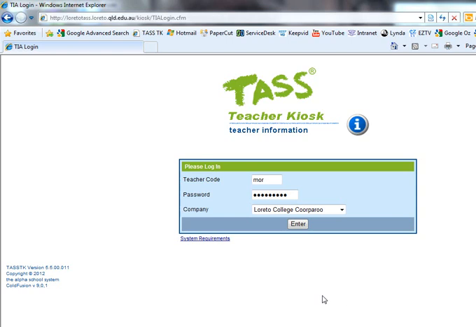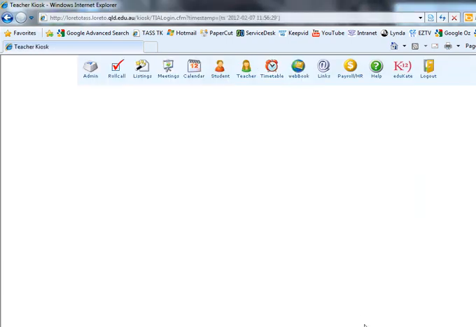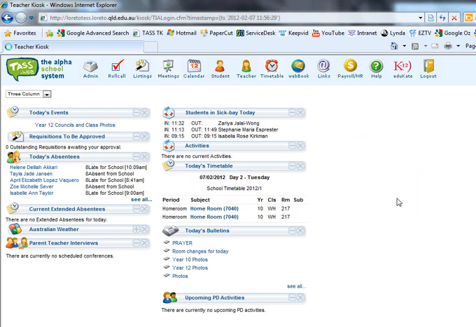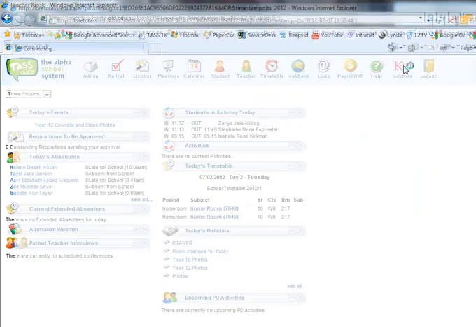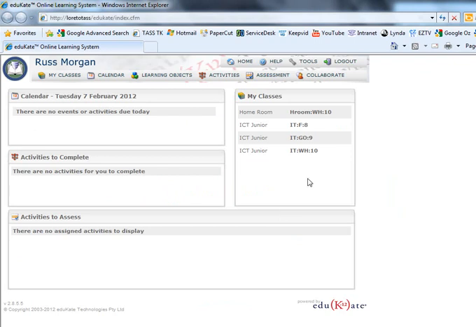Okay, first thing you need to do is to log into TAS. Once you've got into TAS, then you need to go to Educate. Click on the Educate icon to open up the Educate homepage. Here's my homepage for Educate, and what I want to do now is move to my Learning